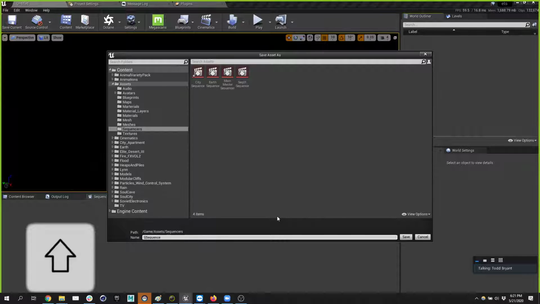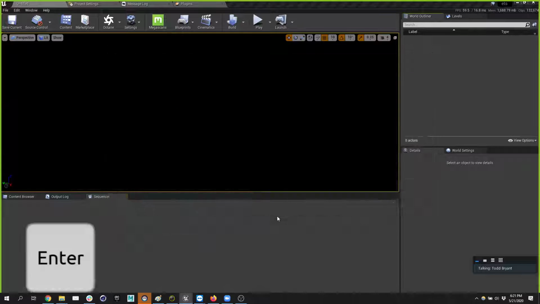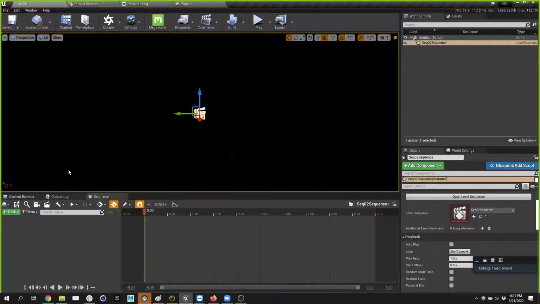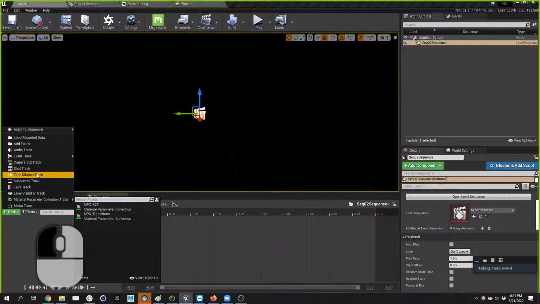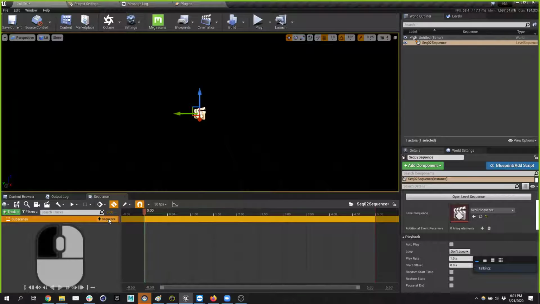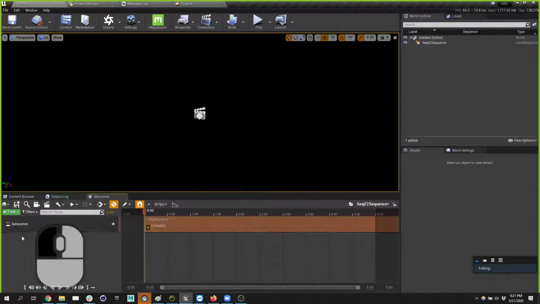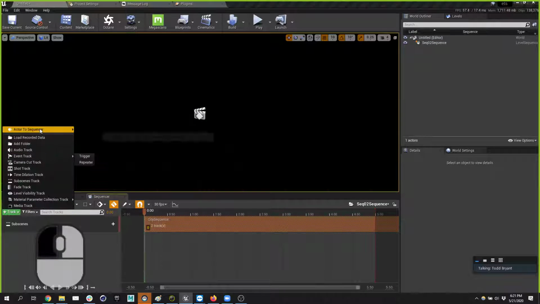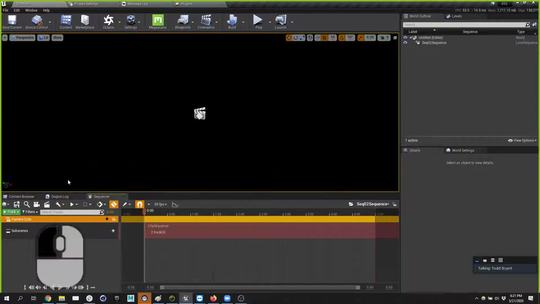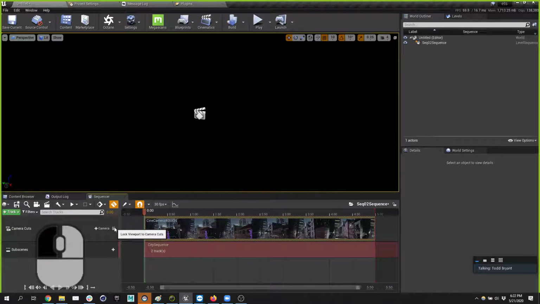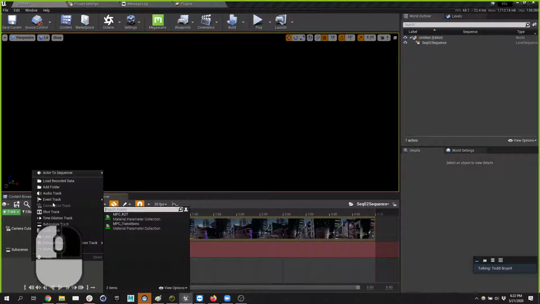All right, now it's all becoming clear. Sequence 02. Inside the sequence, we'll have a subscene track. And that subscene we're going to bring in is our city. And then we'll have a camera cuts track for it that brings in the city sequence's camera. Lock in place. And then this is our middle level, and this is where we put our